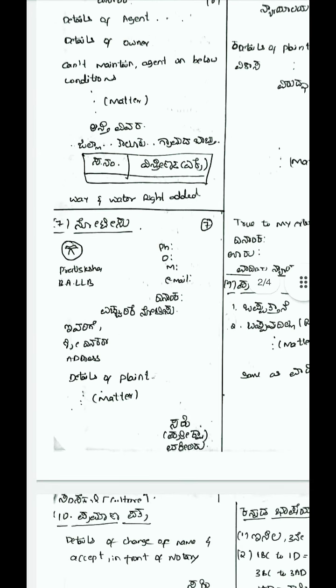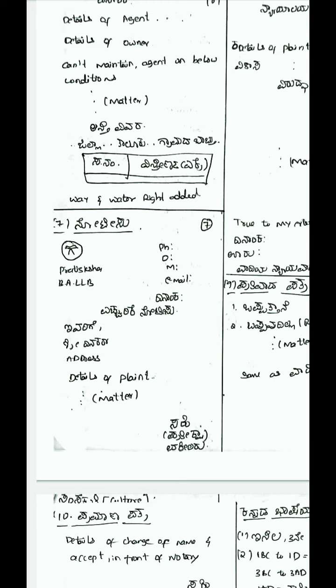The next is a Notice. This is a legal notice which an advocate sends to someone on whom he has filed a suit. On the legal notice, on the left side we have the logo of the advocate. Then we have the name of the advocate and his qualification. At the right side we have the details of that advocate, his phone number, mobile number,